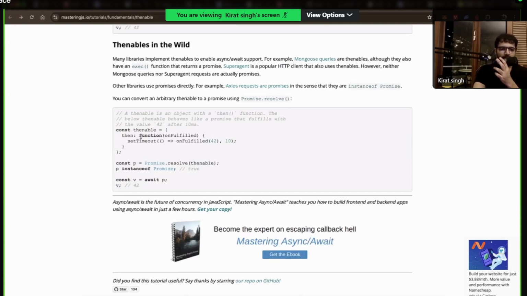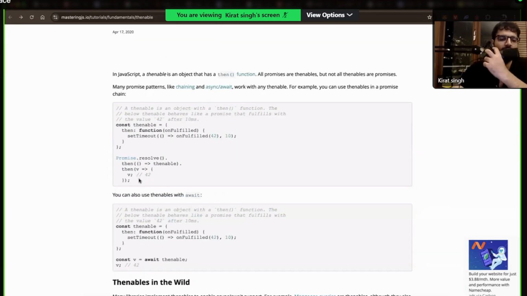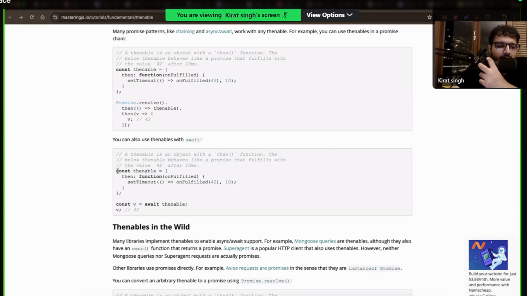There is a function on fulfill set on this thing. P equal to promise dot resolve Thenable. Trying to look for a simple one so I can understand and explain as well. const Thenable equal to then, which is a function which takes on fulfilled as an input, which calls on fulfilled after this. Await Thenable. Okay, this works. Sorry, I'm just going off topic here for a second.